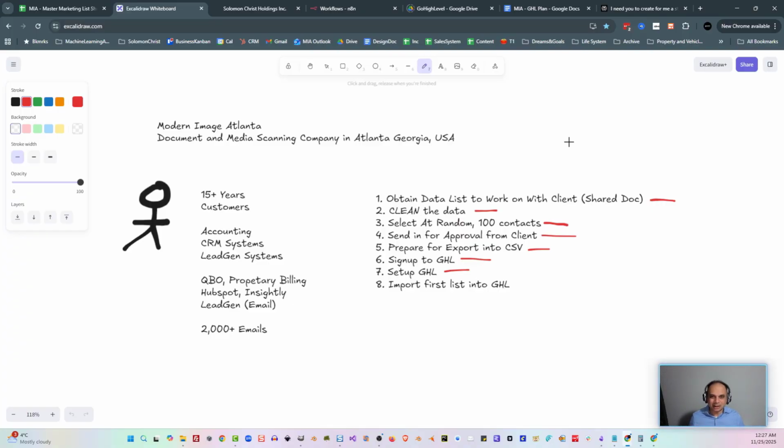So here we are now, and if you remember from the last time, we obtained the data list from the actual client. In this case, it's David from Modern Image Atlanta. We cleaned the data, we selected 100 leads at random, and we got them sent for approval. Once the client approved it, we exported the CSV, then we signed up for our GoHighLevel account, and we started the base of the setup, and now we're just going to continue the setup and go over